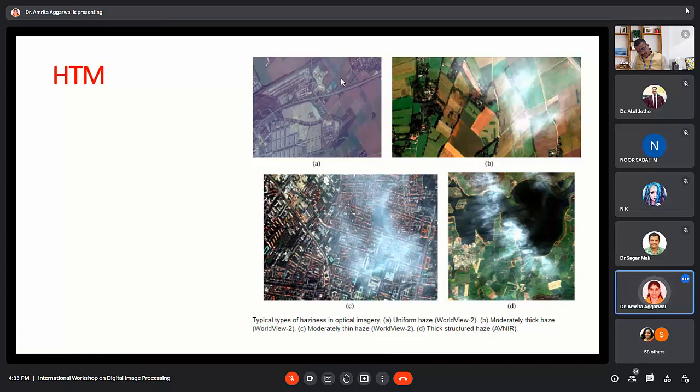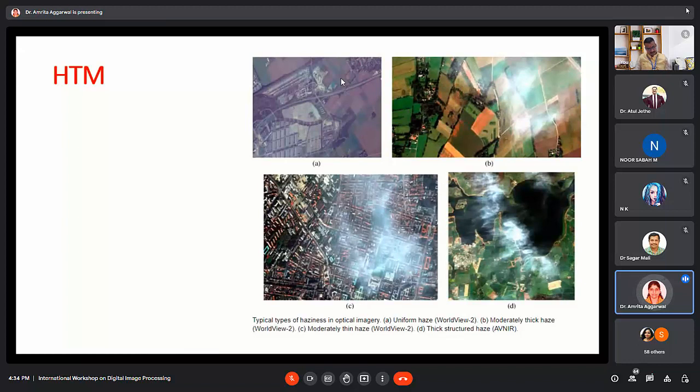It looks like some smoke that is maybe coming out from an area and is getting collected. Over here, not all objects are clear because of the white patch that you can see on the imagery. It looks more like a blot of light than a blot of smoke or haze. And in the last one, it is called